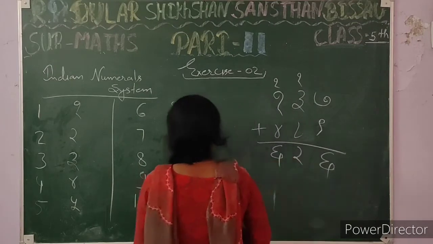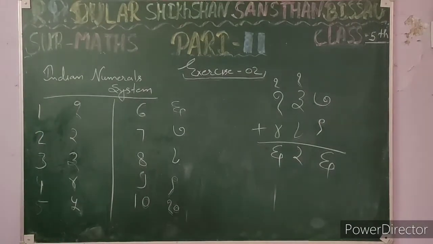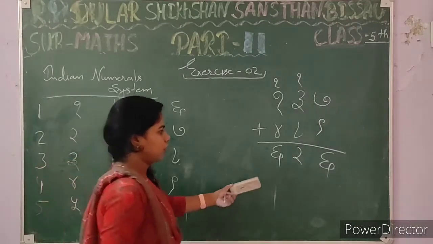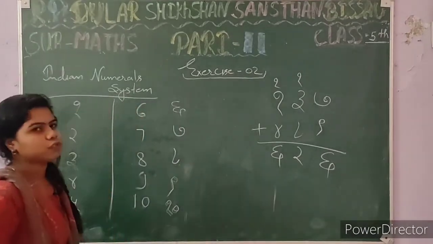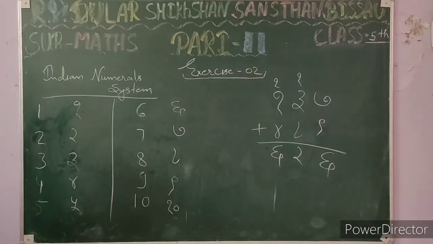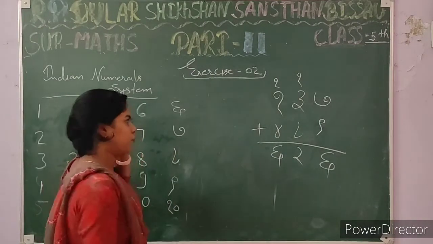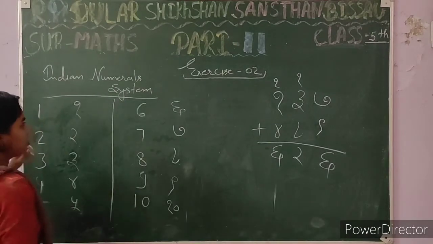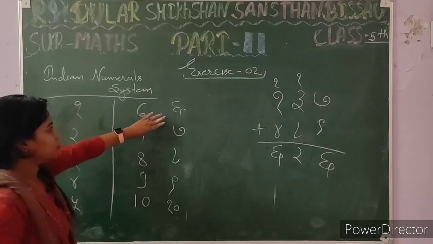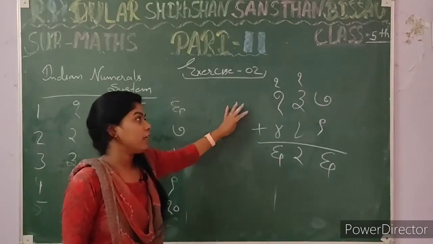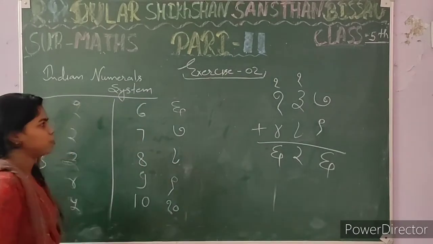in this way. Students, look carefully, our answer is 626. Okay, so we can easily do these type of additions, and we can use it for subtraction also. In this way we know about addition and subtraction. You may do these type of questions in your fair notebook or in exercise second, question number 10. Question number 10 of exercise second will be these type of questions. You have to do these type of questions.